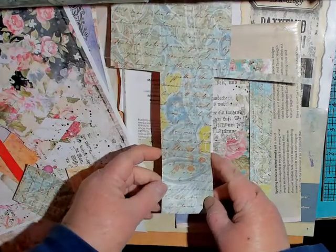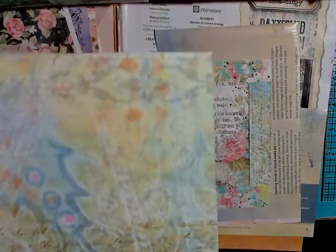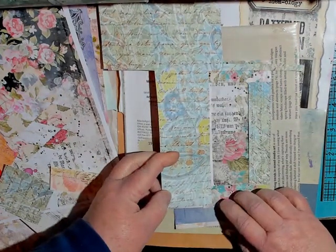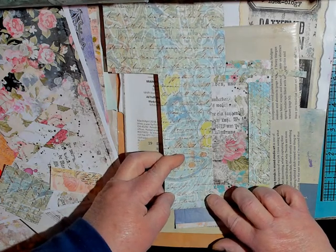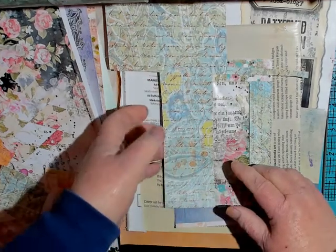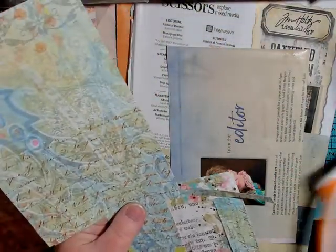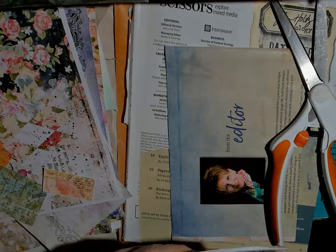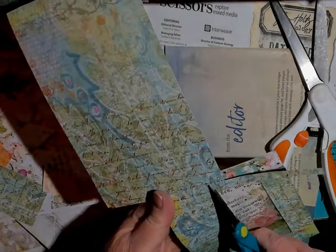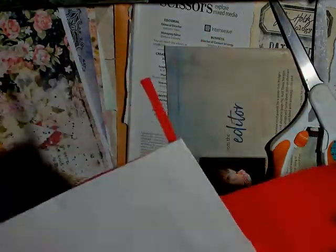I wonder if this would be a better choice. Because it's already... Yeah, let's see. The writing, I would like to be in the right direction at least. Yeah. Okay, so... Main thing is line it up on the bottom, and by the window. And then... That's stuck. We've got to get it off of there. Let's see. Okay. So...